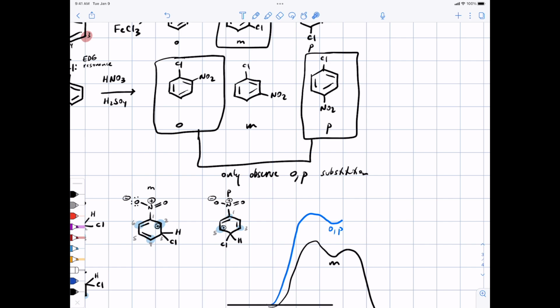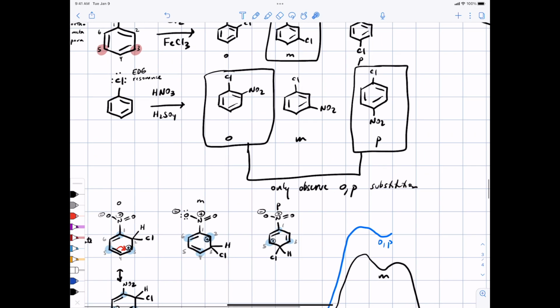You might predict that para would be favored by sterics, by keeping the groups farther apart from each other. In general, we're not going to worry about trying to bias the system to give us major ortho versus para. We're going to assume that if you get a mixture of ortho and para, you could separate them and take on the desired molecule